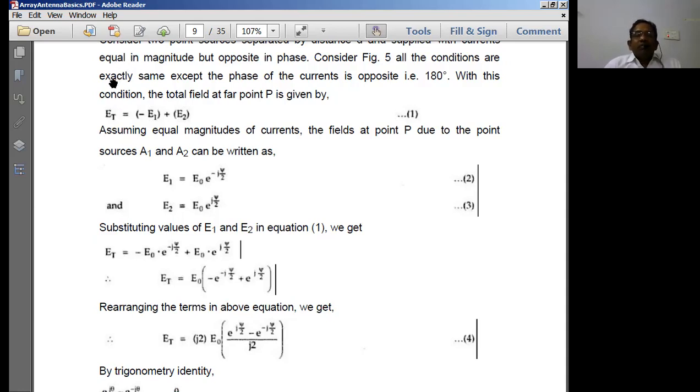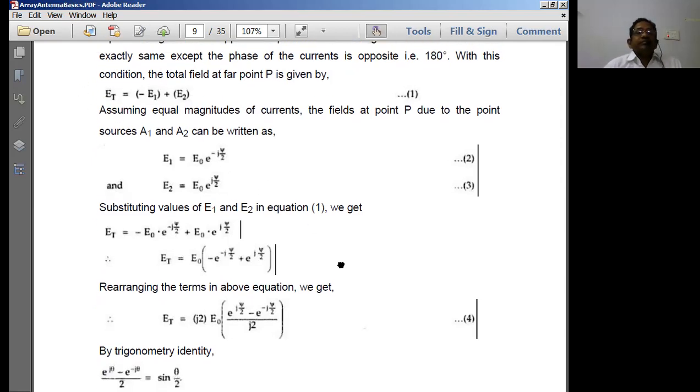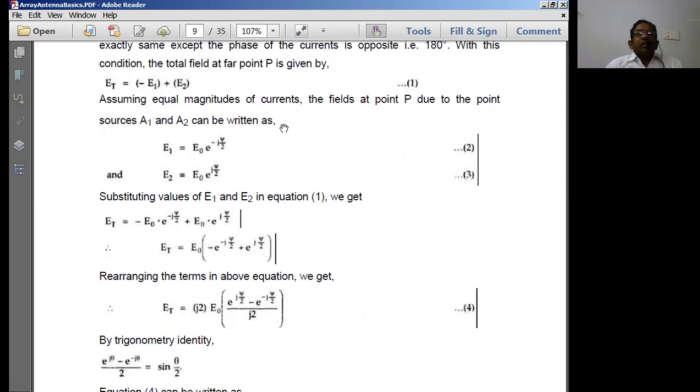Now mathematically, how do you write that gain? The gain of a CE amplifier will be negative, with a minus sign. That minus indicates the inverted phase by 180 degrees. So the phase angle is going to be 180 degrees between the two antenna radiations. So that is what we are going to consider: ET is equal to minus E1 plus E2. So we assume equal magnitudes of currents. Therefore, on either side, we will have E naught, E naught, the magnitude is going to be the same.